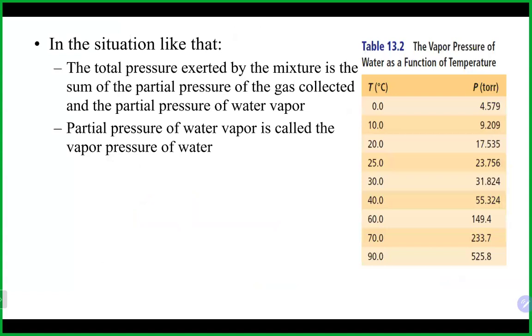Here is, like I said before, a table from your book, or you'll have a table in lab that you can look up. Usually the vapor pressure of water, you look it up based on the temperature. You clearly want to make sure that the vapor pressure of water you look up in the table is in the same units as the barometer reading or the atmospheric pressure. So make sure that one's in atmospheres and one's in torr. Otherwise, when you subtract, you're not going to get the right answer. So you do have to make sure they are in the same units.